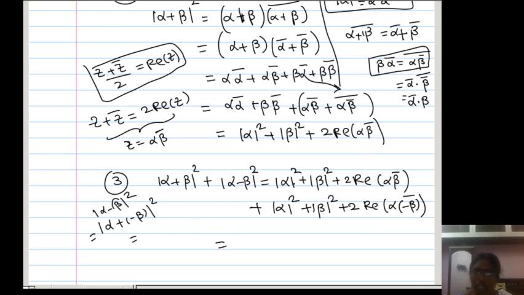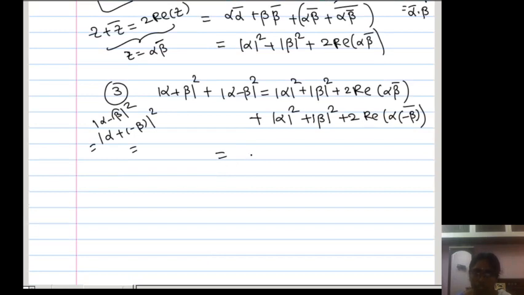So now finally you can simplify here. What is the RHS you got? Alpha square plus alpha square, beta square plus beta square, 2 into alpha square plus beta square. I have written this plus this, this plus this. So I have written here